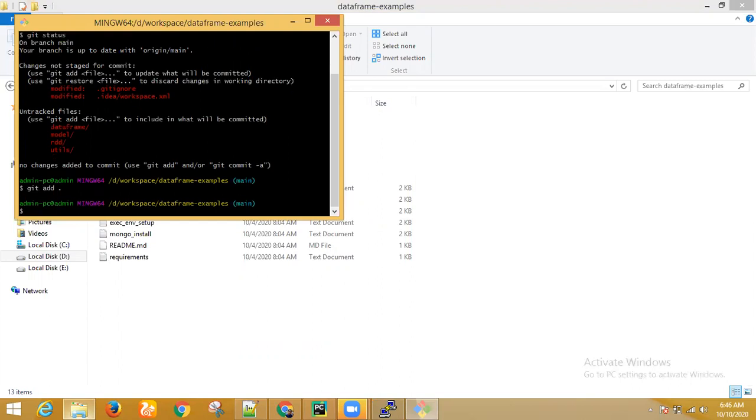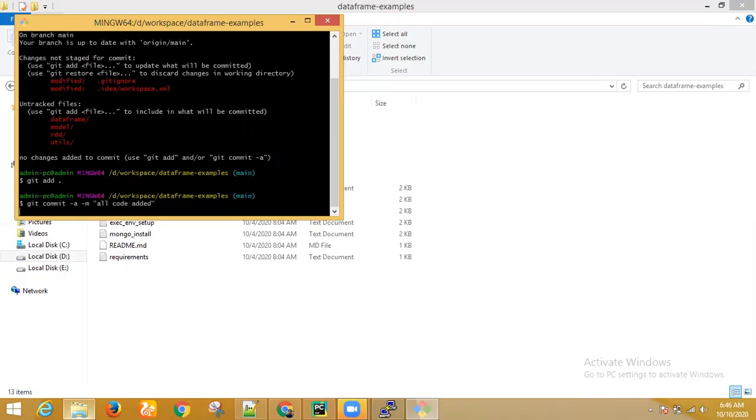Then git commit -a -m, and we are saying "all code added".